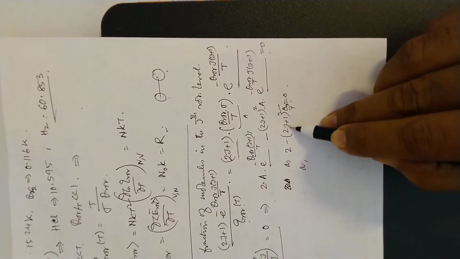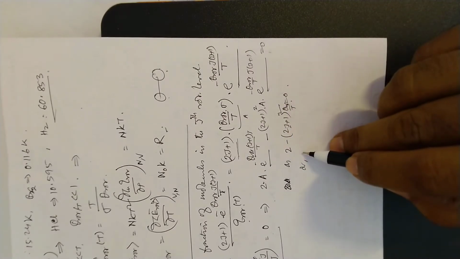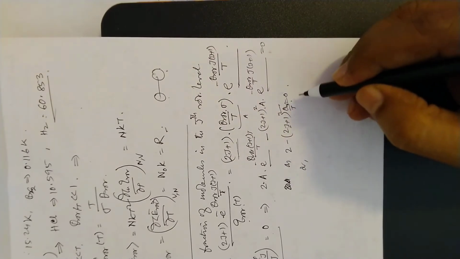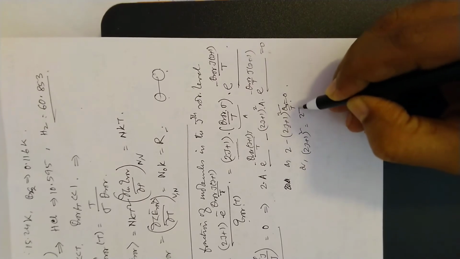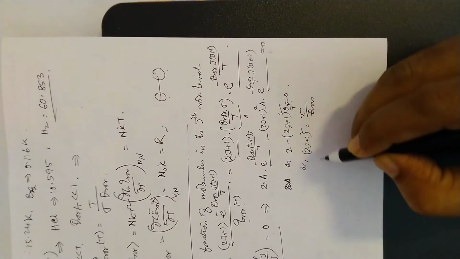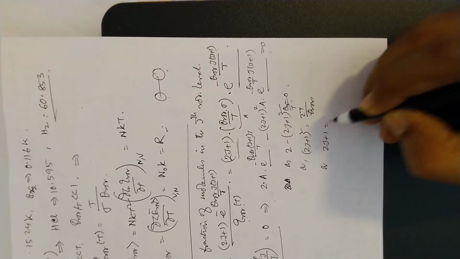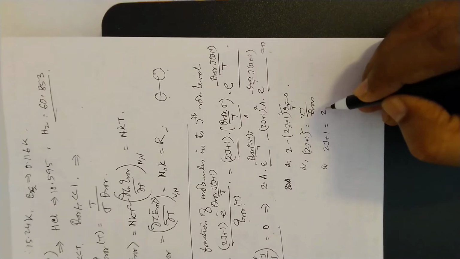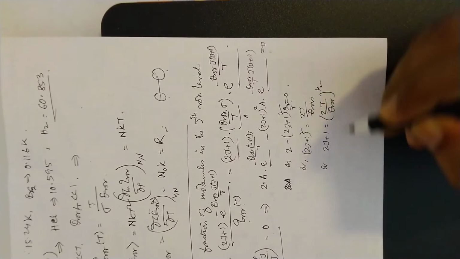This j expression we want to find, so 2T by theta rotational, so let us just do it. This we take it out, so 2j plus 1 whole square equals twice T by theta rotational, or 2j plus 1 equals 2T by theta rotational to the power half, or